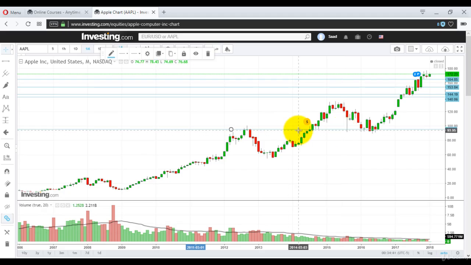Because right here it was a resistance. It stopped here and went lower. But then it went up, and it became a support line. It went lower, but from this line buying came in. And again buying came in. And again it stopped here. And again buying came in and it made higher highs. So